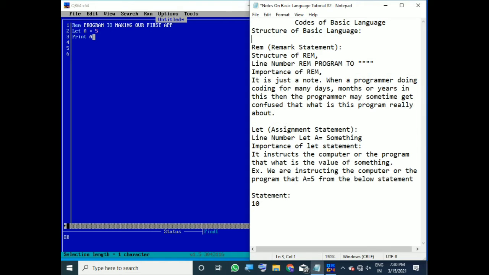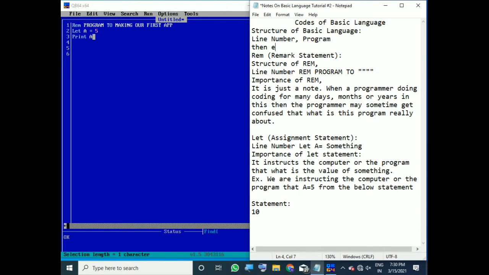So what is the structure of the BASIC language? As I have written, line number, then comma, do not give any comma. For a better explanation, I am writing this comma. So line number, then we are going to write the program.